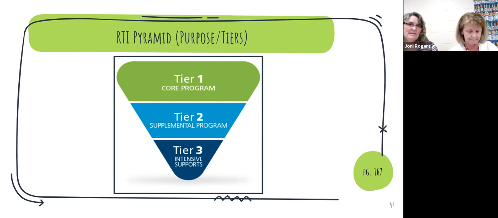And this is all skill by skill. So just because a student falls in Tier 3 in math, they may be Tier 1, very successful in literacy. And it's very fluid. As soon as they catch on and they've mastered those standards and those skills, then they no longer need to receive that supplemental assistance or intervention. And we may have someone else who is at a point now where the standard was tough for them. And so now that group has changed up. Our groups are very fluid, and the skills are very fluid.